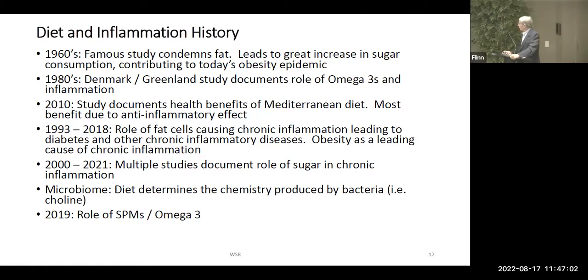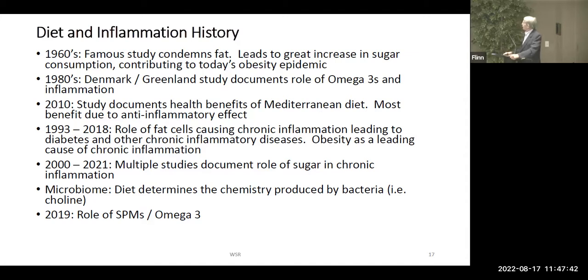Now, this is a remarkable study because the populations of Denmark and Greenland were identical. They came from the same genetic stock and their genes were identical, but their lifestyles were very different. Denmark had allied itself with Western Europe and their diet was consistent with Western Europe. Greenland, on the other hand, was isolated. They had a diet primarily of fish and animal protein from marine animals and marine animal fat. We're going to get back to that in a second.